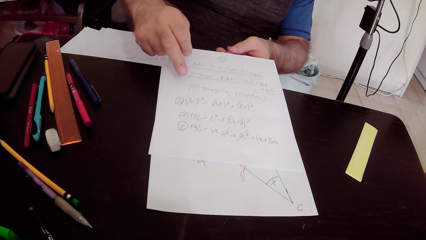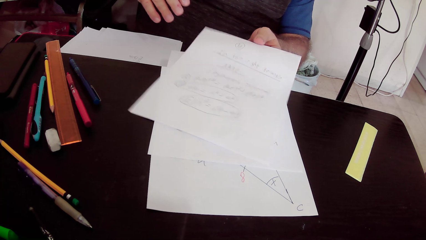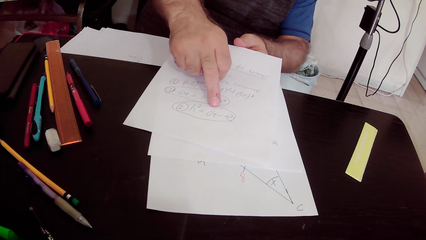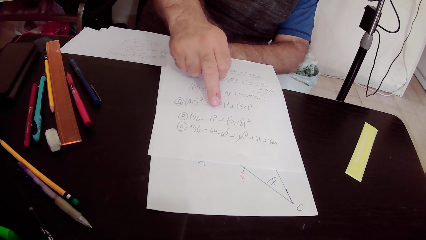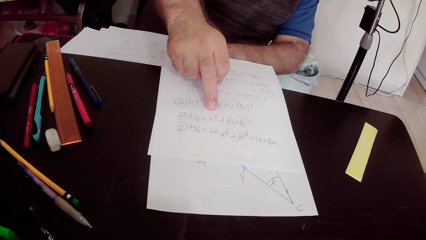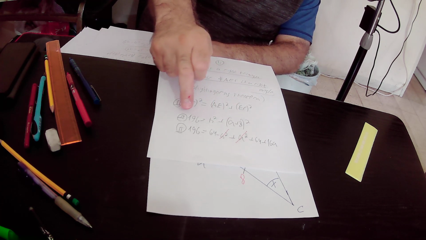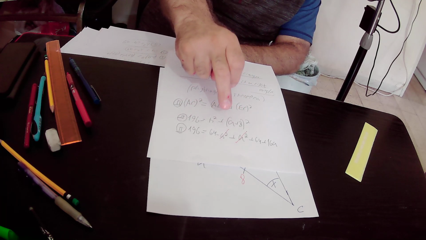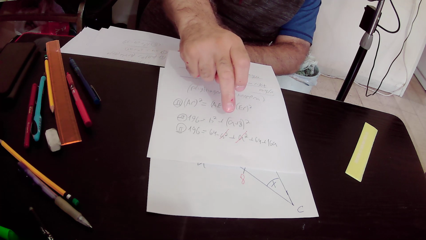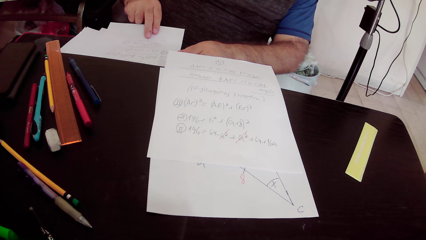But we have already found out, according to equation number 1, that h square equals 64 minus a square. So we can substitute h square by 64 minus a square, and we have this equality. Here we have a square minus a square plus a square, so a square is cancelled, and in total we got that